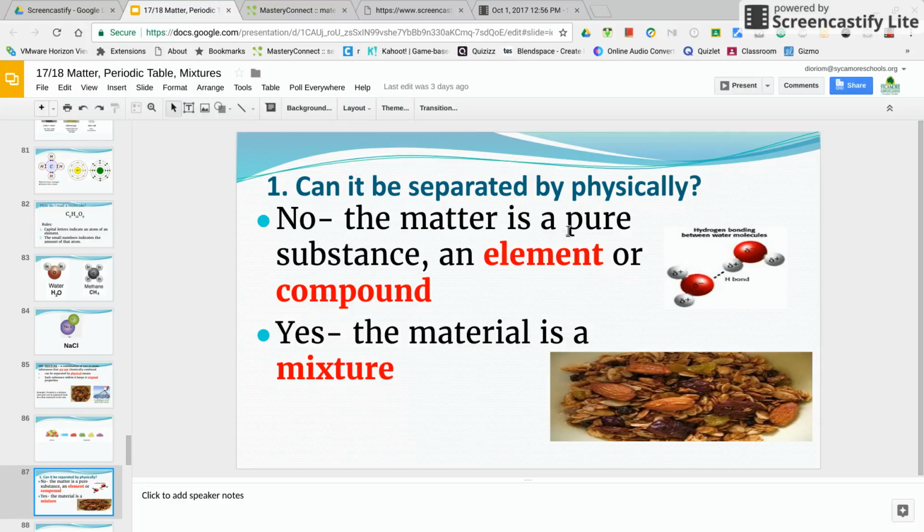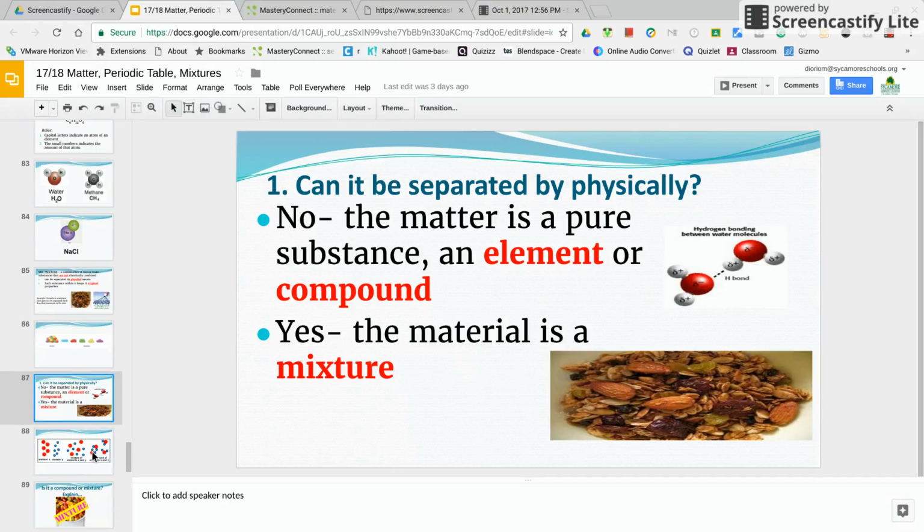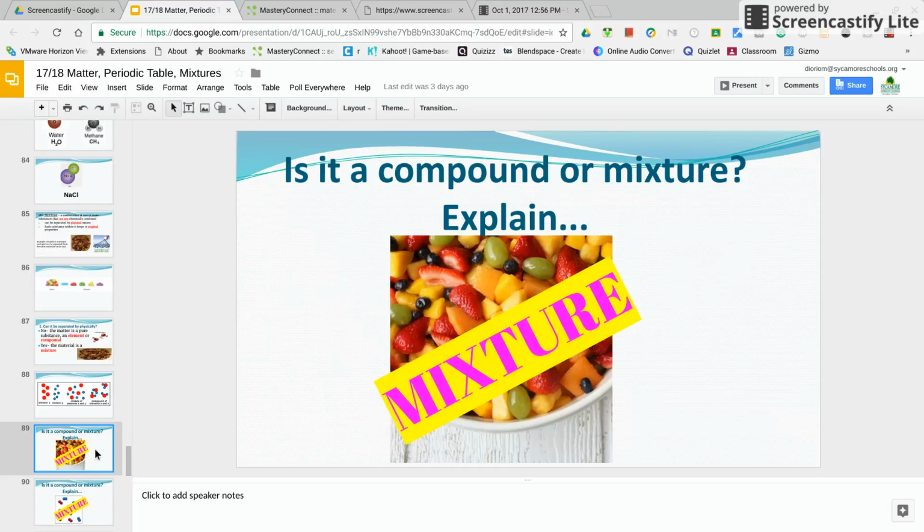So if the matter is a pure substance, which means all of the atoms or molecules are exactly alike, then that means it is a compound. If I can't separate out all the mixtures because they're not chemically combined, then that means I'm looking at a mixture. So when we looked at some of these in class, we said this fruit salad is a mixture because